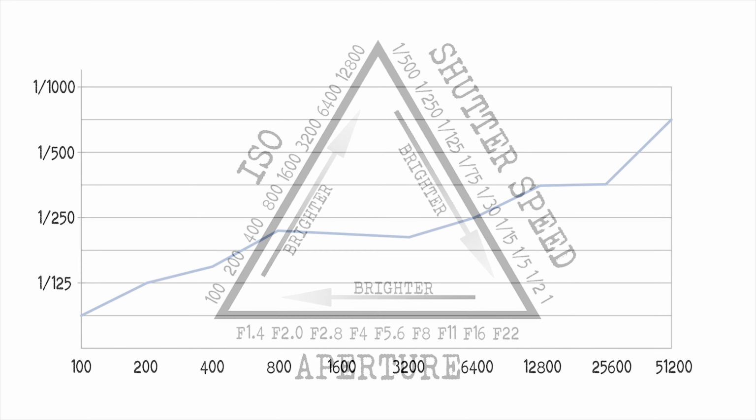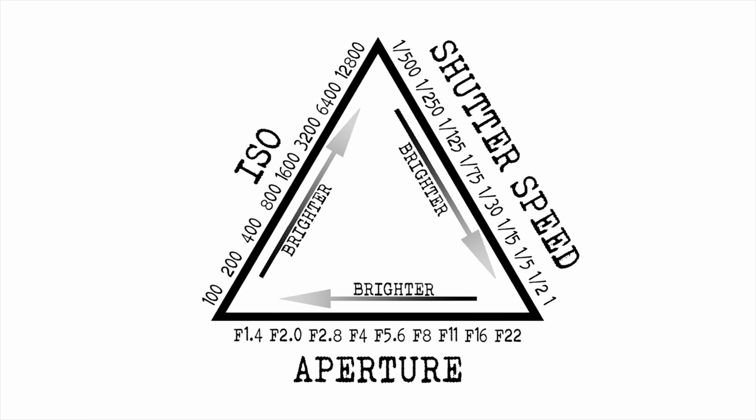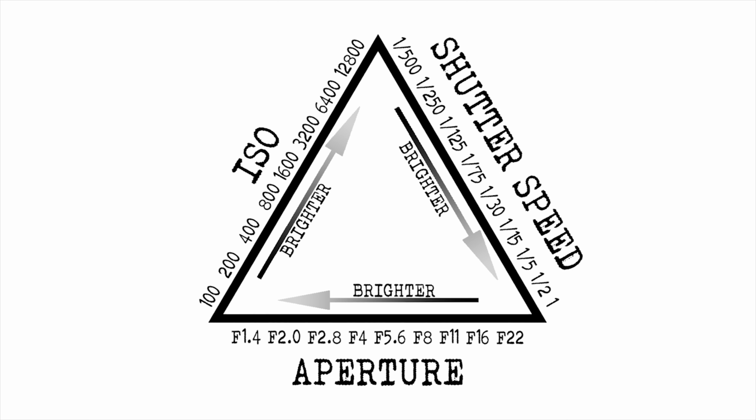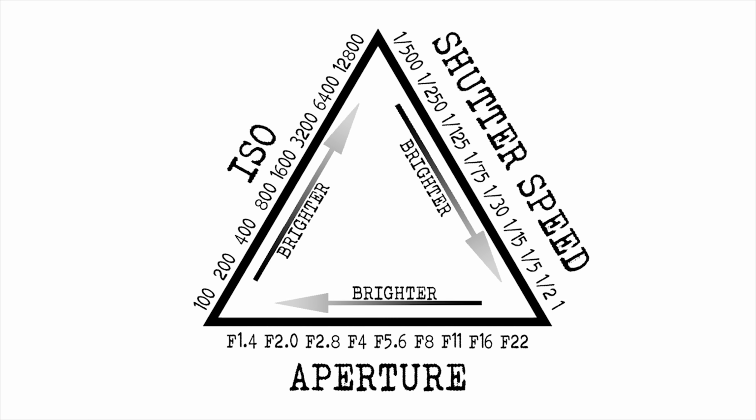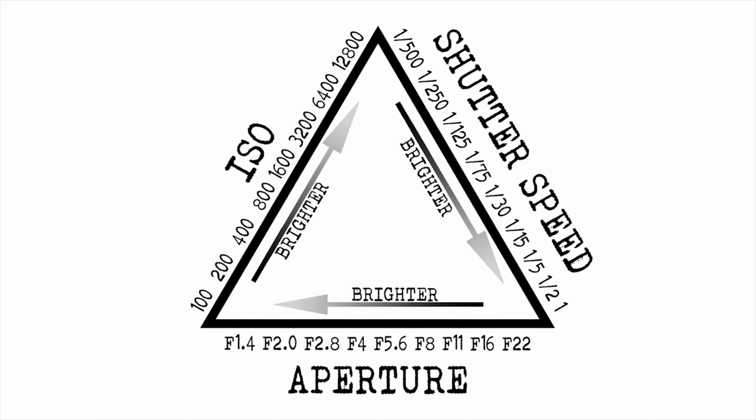The exposure triangle is a graphical way of representing how aperture, shutter speed and ISO interact with each other to give you a good exposure. When you change one of these three principal settings, you have to change either or both of the others to keep that good exposure. Now the triangle isn't like a traditional graph where you can plot on it to get a good exposure. Instead, it just shows that these three principal settings are interrelated, and this is where people either get confused or annoyed with the exposure triangle. So just think of it as a way to show that these three settings have an effect on each other